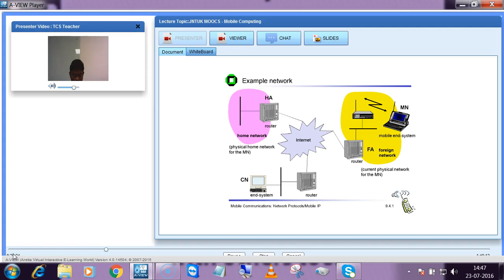two foreign agents and two home agents are present, and one corresponding node is present at the foreign network. Now, the mobile node is also present at the foreign network. The mobile node will start transmitting the packets. It will first reach foreign agent 1 and try to utilize the service of the corresponding node or foreign agent 2, and it will try to transmit the packets to the destination side. Like this, we have many scenarios, exactly 5 scenarios, while transmitting the packet delivery by managing the handover